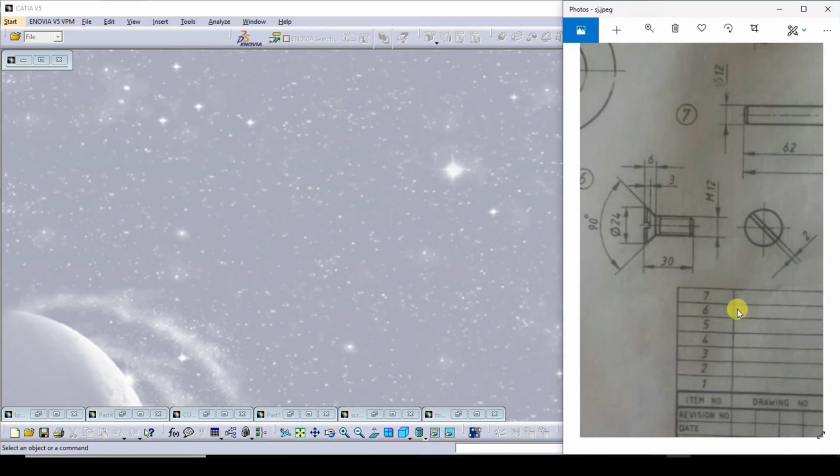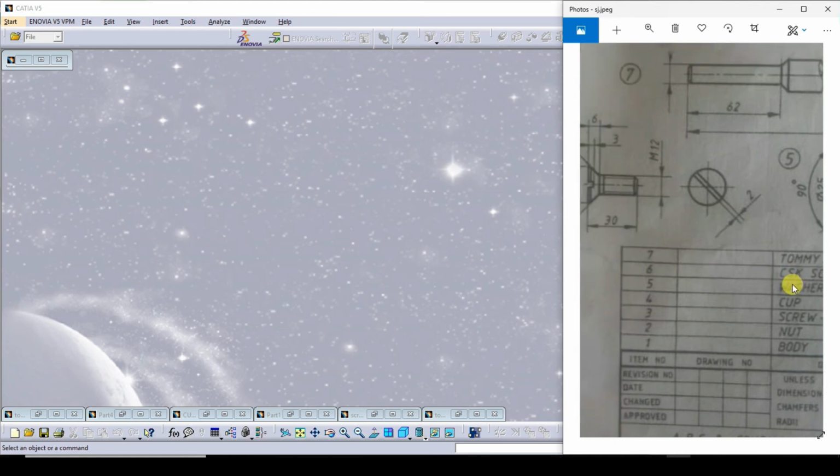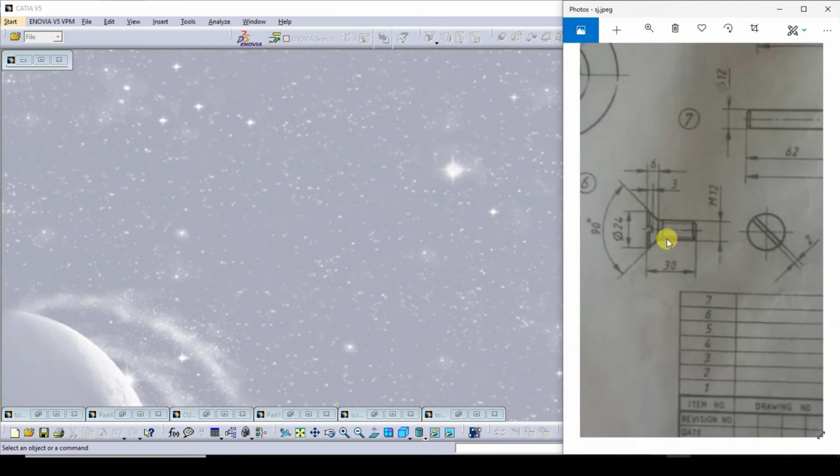Hi everyone. Today I'll create this CSK screw. That is part number 6. What I do, just I'll create this half part,